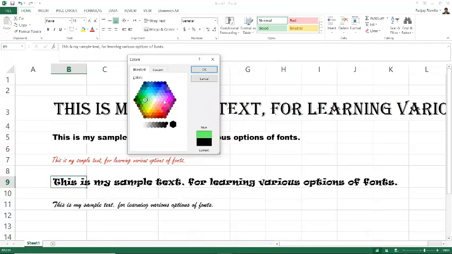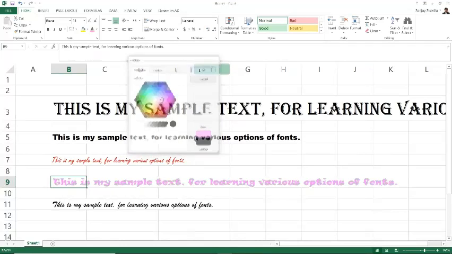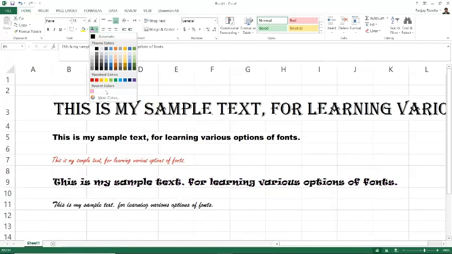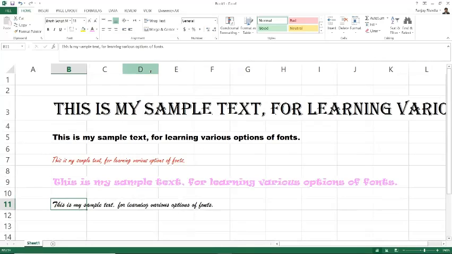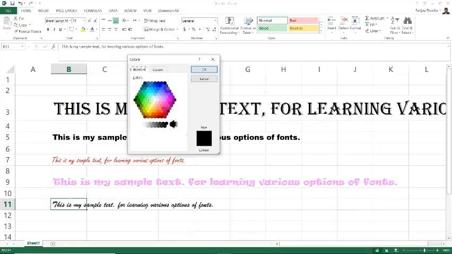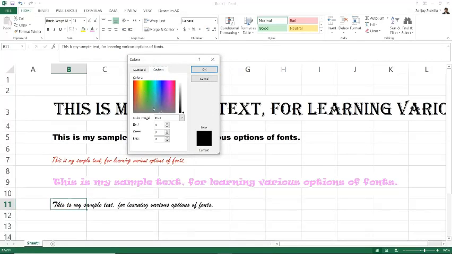So for example, from here, we are using this color. But if you see this color now, it is appearing here under recent colors. But again, in these standard colors, this particular color is not appearing. If you want to change the color and you are still not satisfied with any of these standard colors, then you can click on custom, and here you have this whole palette. And from this, you can select the color of your choice.